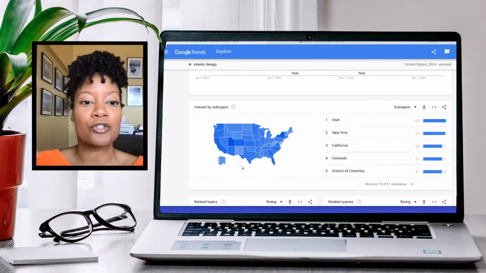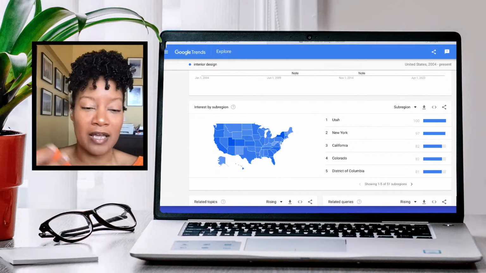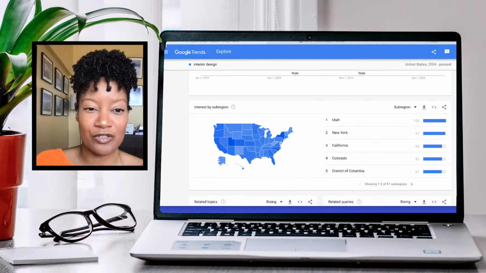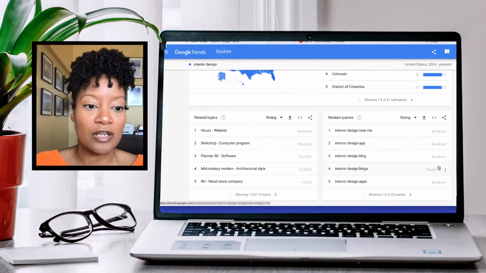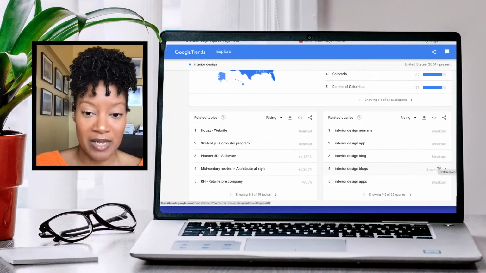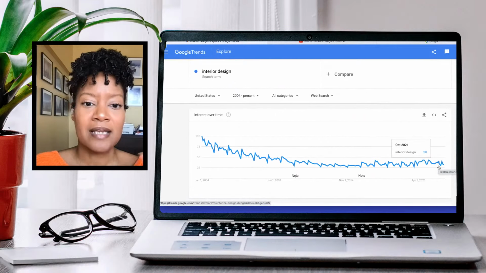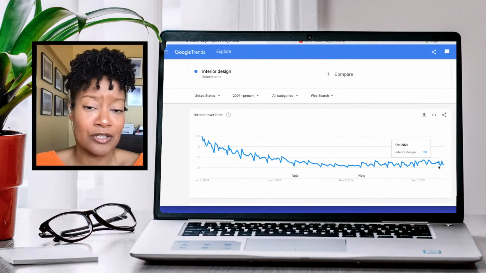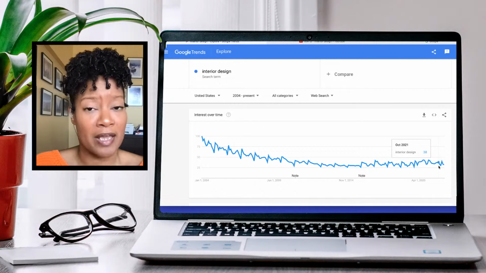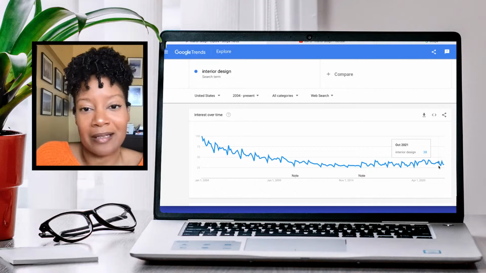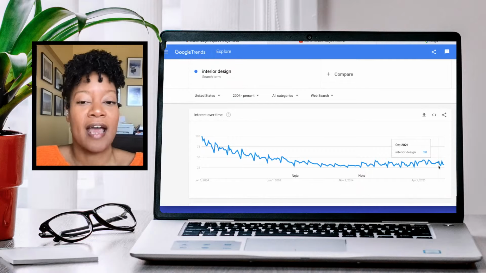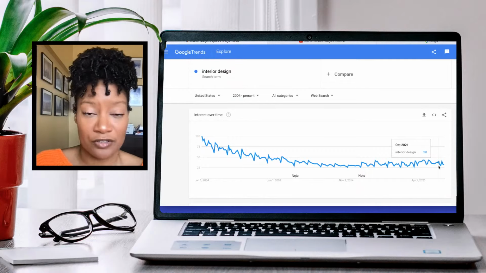So depending on what your service is, you can just take various keywords based on what Google is showing you that people are searching for. Okay. So that's just one example. So what you can do is look at these various keyword terms and just write them down. So this is just Google Trends. Take some time to check out Google Trends because it's actually a really good tool, particularly if you don't want to pay for a service like what I do. The services that you pay like $100 a month for, they're usually aggregating all this information from various search engines,